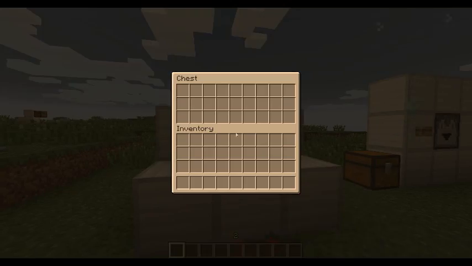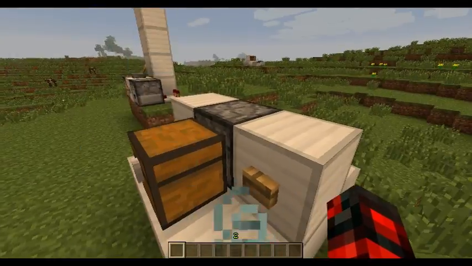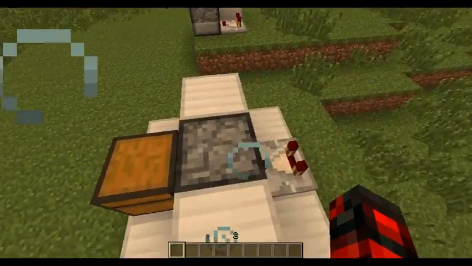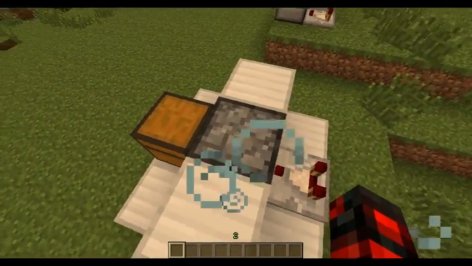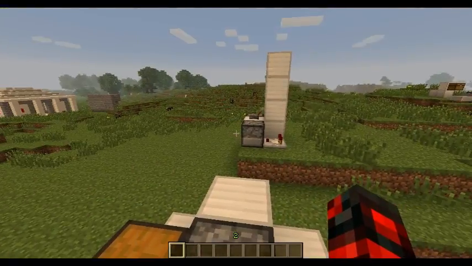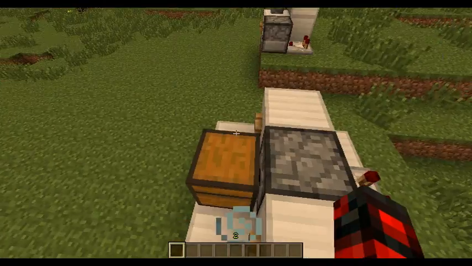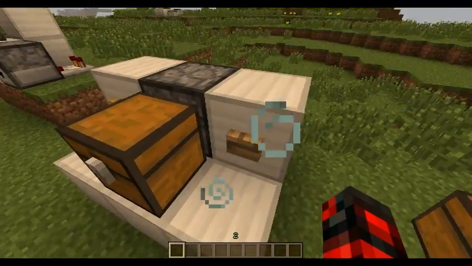Okay, so the next use for the dropper is if you put a chest in front of it, and I'll just show you what I've done here. People know if you put a comparator next to a hopper, or next to a dispenser, it will cause a redstone update, and if you power a dispenser and give it a redstone update, it'll shoot. The same goes with a dropper. So what I've done here is I put some pig eggs here, and if we power it,